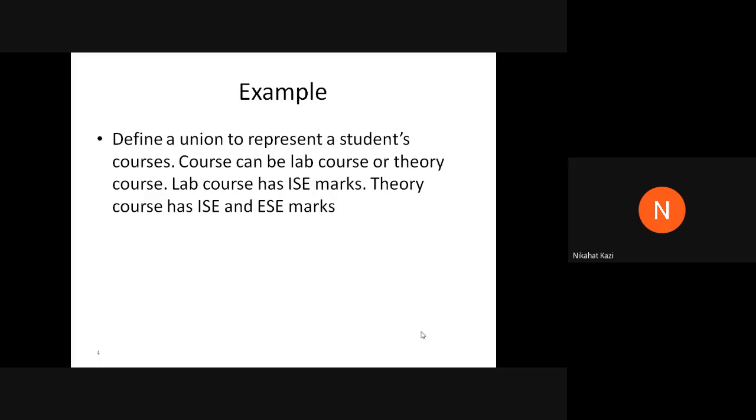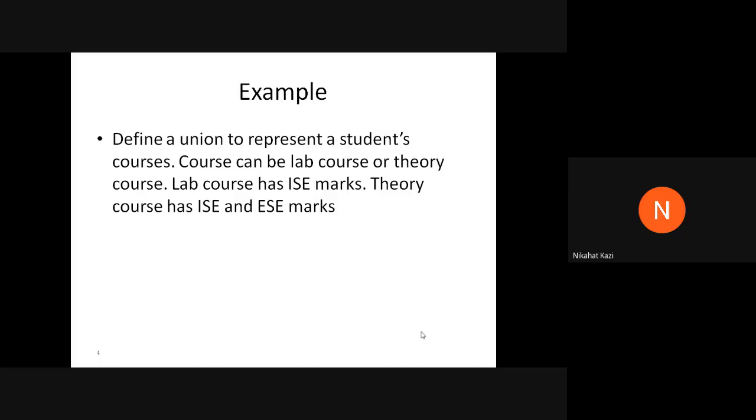So why do you require union? Sometimes in some situations you want to store either one of the two cases. If you use a structure, you can do that using a structure as well. But when you do that using a structure, you will waste memory. You will allocate memory for all courses.